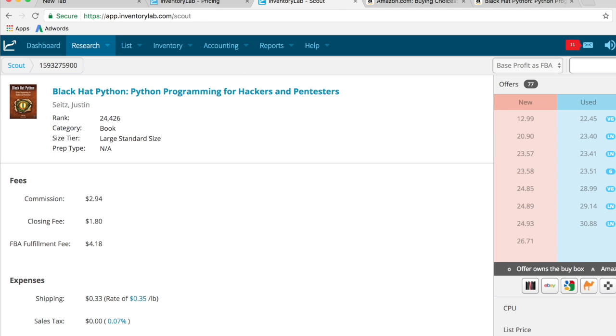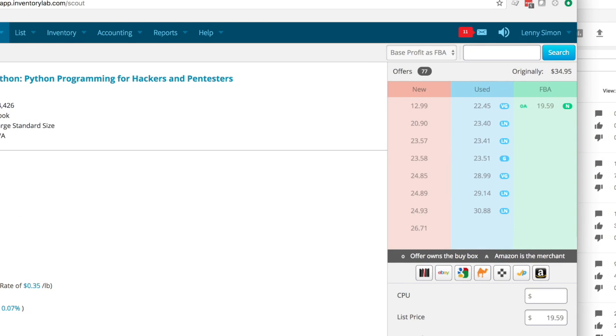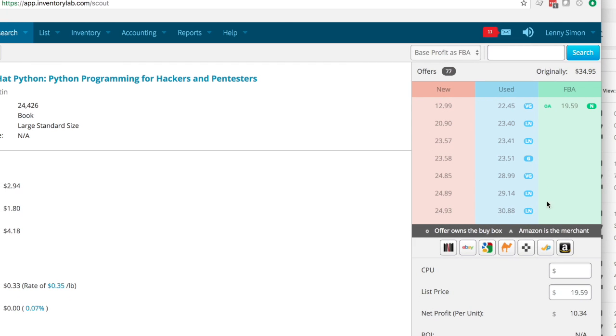So going back here, and look, these are all the tools. You have the Book Scouter, which is a great little app to have, eBay, Google, Camel, Camel, Camel, Keepa, and Amazon Product Search. You also have, let me just shrink this here really quick. You also have cost per unit, so maybe this costs me $2, automatically adjusts the price of net profit, for example. As you can see, it adjusted. And then the list price, that's kind of how much someone's listing it for. So if I was competing against them, I'd undercut them maybe a little bit,